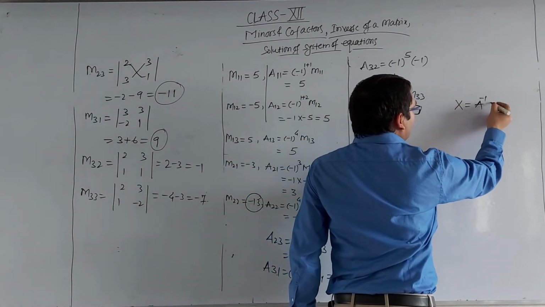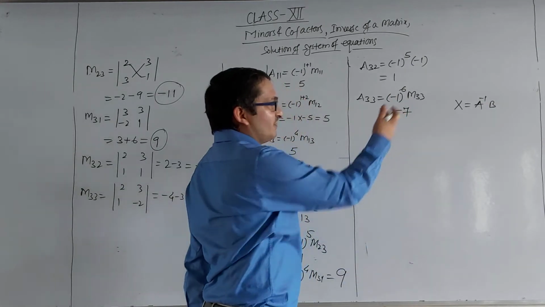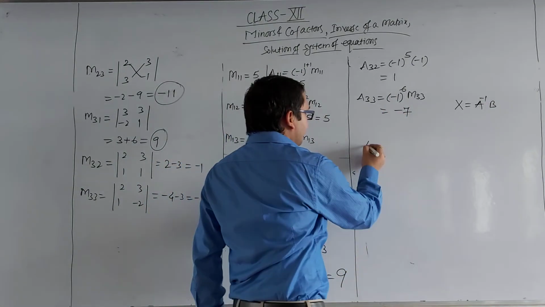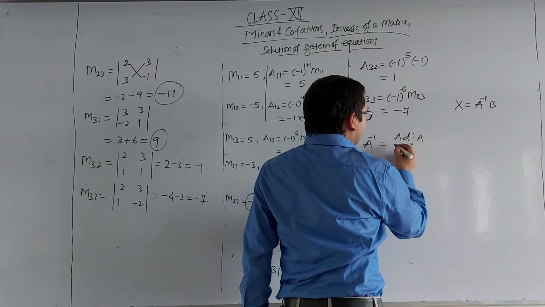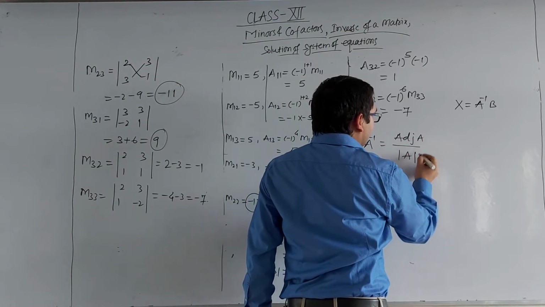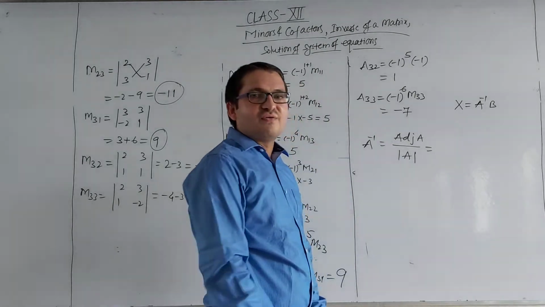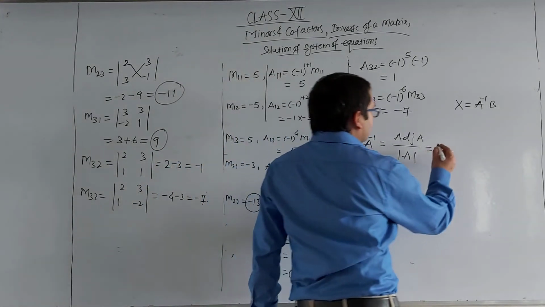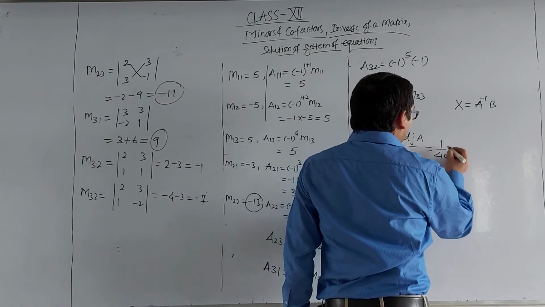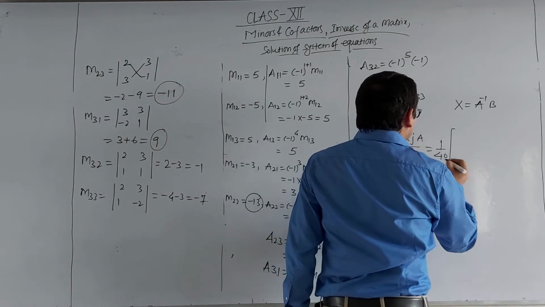X is equal to A inverse B. So first we need to find the A inverse. A inverse will be equal to adjoint of A upon mod of A. Already we have calculated the determinant of A, that is 40. So we will write like this, 1 upon 40, and adjoint of A will be